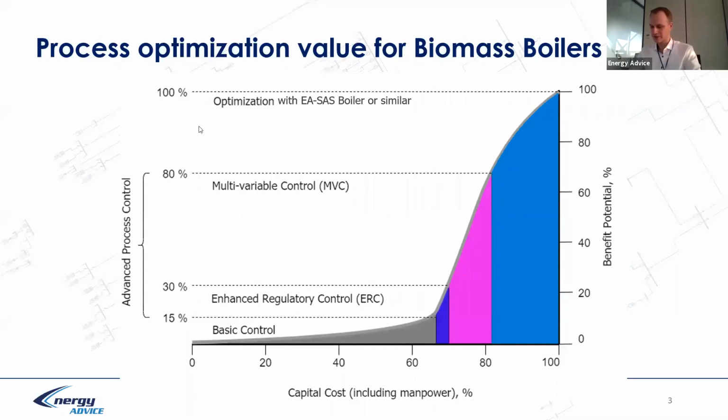It's the same controllers that could be in a biomass boiler, in technological process also. The meaning is general controllers. So the basic controllers solve near to 60–70% of manpower problems and creates near to 10% from the potential what we can get from the controllers. If we use enhanced regulatory control, we increase benefit potential and we save manpower's cost.